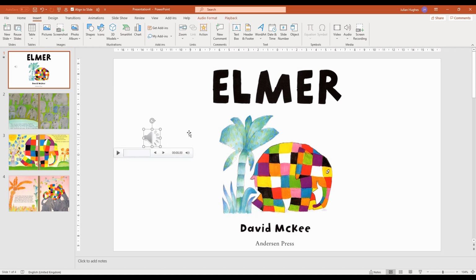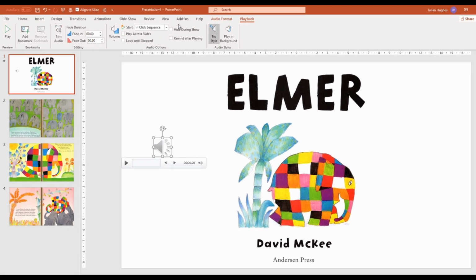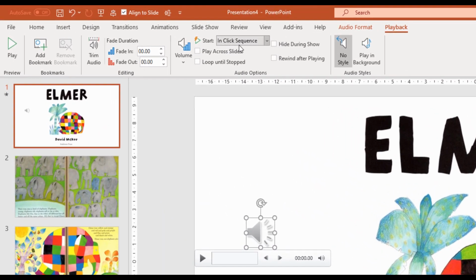And if you're happy with it, just press the OK button, and then that will drop a sound file onto your slide. We then need to change the playback settings. The playback settings will appear as a ribbon when you've selected the sound on your slide. So at the top of the screen, click on the playback ribbon, and we're going to change two things. Where it says Start, we're going to start automatically,